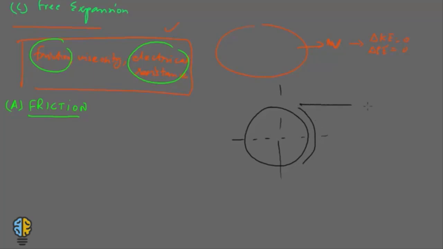So this is the flywheel, and this is the brake block. You are applying some force over here,